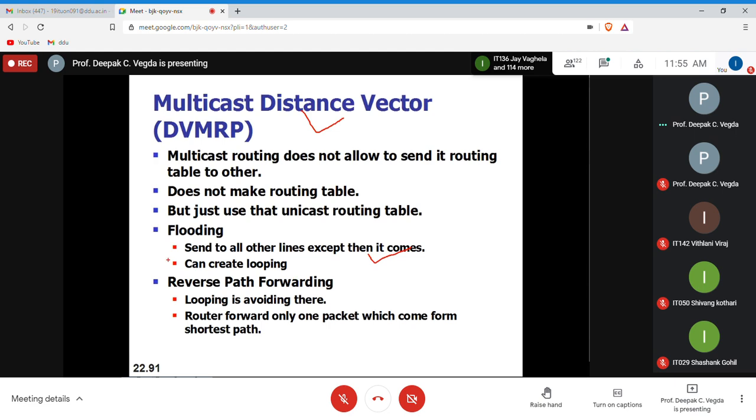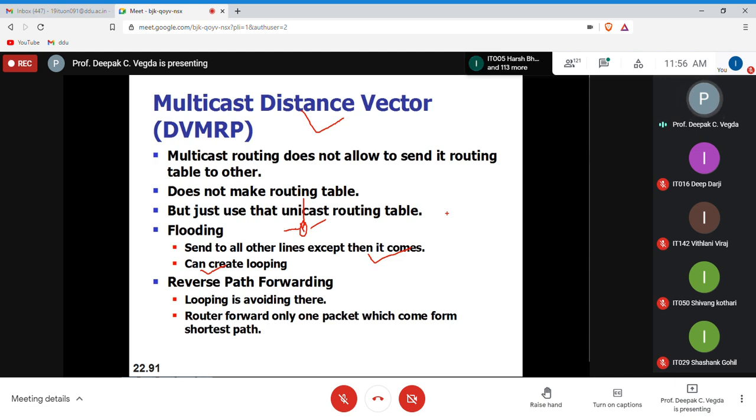This can create looping also when you have a link available there and you want to send the update. What you can do is send the update or flood the updates to the routers which are directly connected to you, and you forward it to others except from the router you got it from, right?